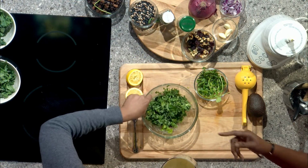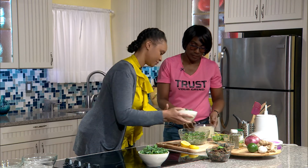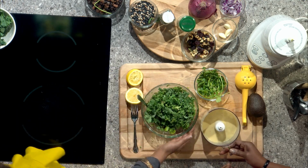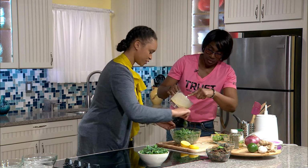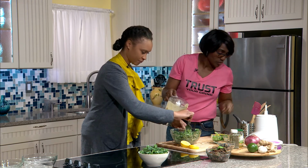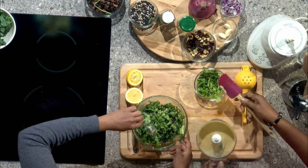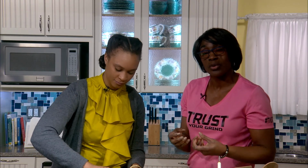And now you're going to add a little bit more kale to it. Yes. I'll hold that for you. I'll support you with that. And I think we're going to continue to drizzle. I'll help you with this. So you see how we're incorporating it slowly, because what happens is you want to be able to incorporate all the ingredients. Sometimes salads have too much dressing or too little dressing. I don't like my stuff really saucy. Got it. But this will kind of cook itself down, because the lemon actually helps to,